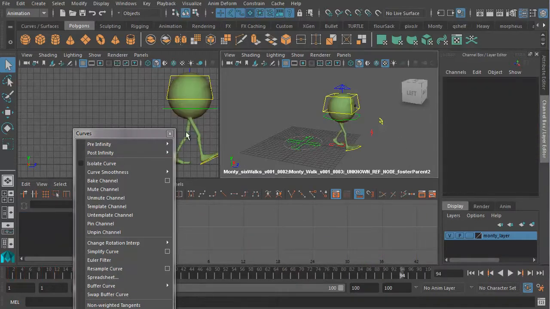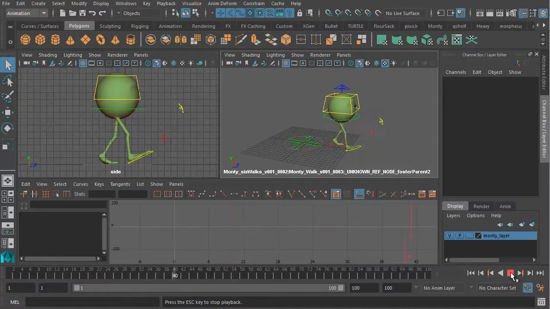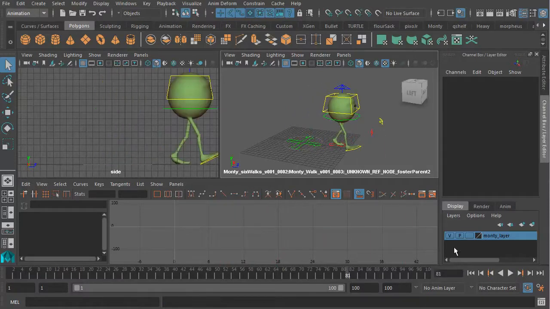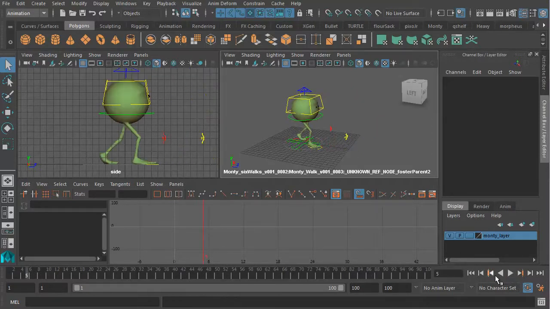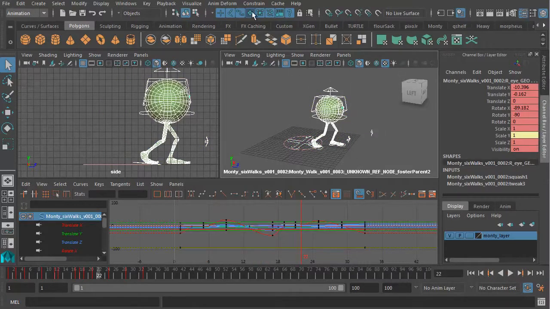I should now have a walk cycle. Hold on, let's go back to the beginning. So now what Monty will do is just stop. Right, so I've set my timeline to 100 frames, and Monty will just stop. And I can't turn on my infinity curves because Monty will simply return back to the origin. So the only option I have now, if I'm going to keep this going, is to let's turn off select